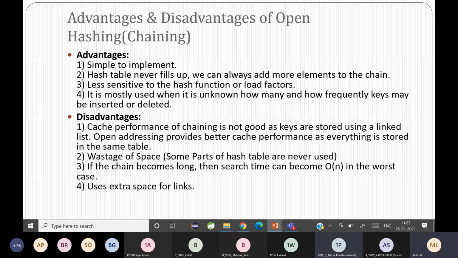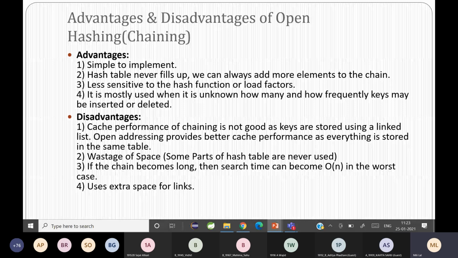Over there, did we use another hash function? If the index was not available, what did we do? Can somebody tell me? Ma'am, we were just forming the link, connecting to the next node. Yeah, so compared to that, it's simple to implement.